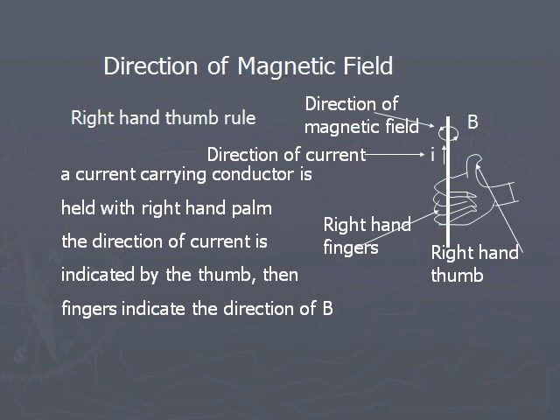For that circle, the magnetic field will be the part which is out of this screen. The part which is out of the screen, the circular part which is out of the screen, it will have a magnetic field direction from left to right. The part of the circle which is behind the screen, in that part the magnetic field will be from right to left.